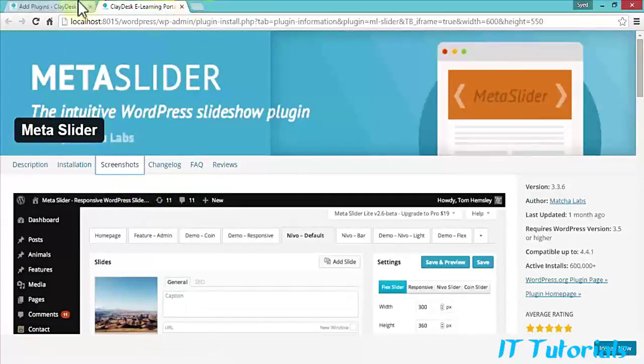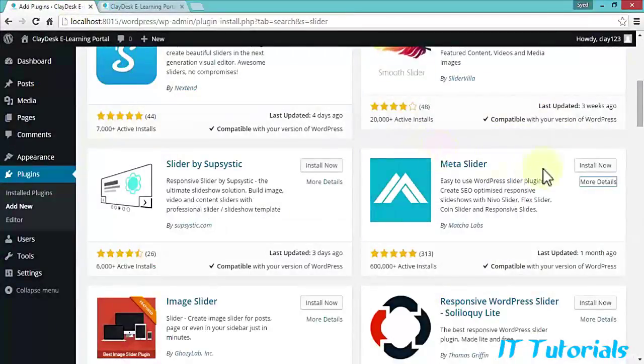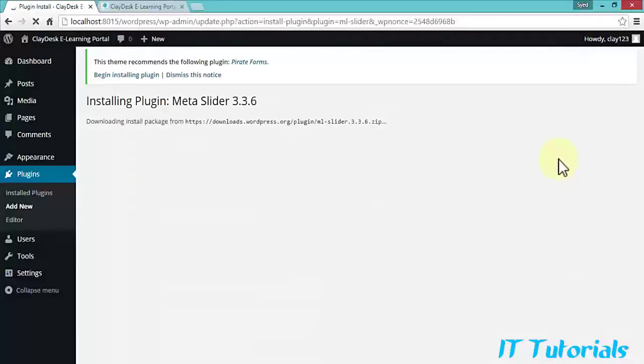So let me close this. Let's go back to our dashboard and click on Install Now. So I'm going to go ahead and click on Install Meta Slider. And once you install these plugins, you can always remove them. Okay, so nothing is permanent in WordPress. You can remove them and install another one. Of course, you'd have to reconfigure that slider, but it just takes a few seconds to install the plugin and